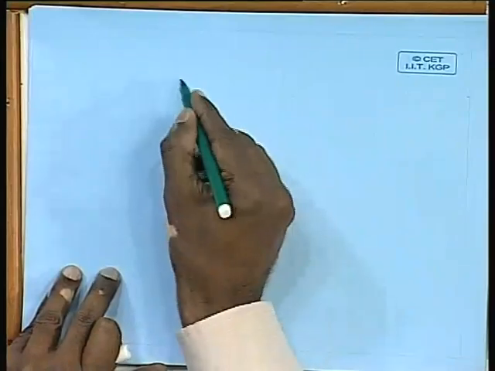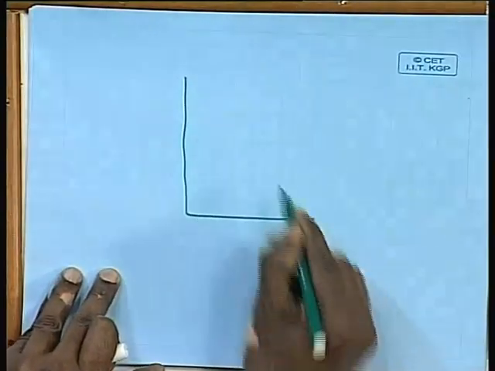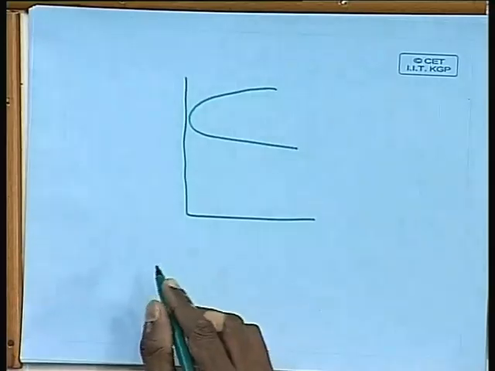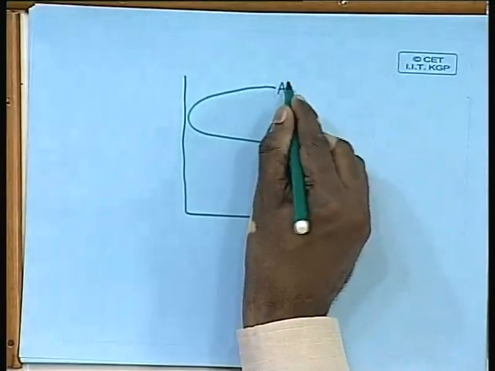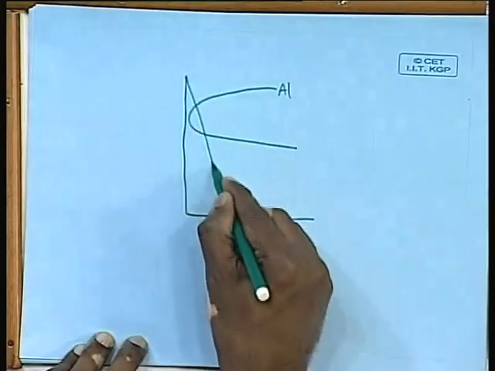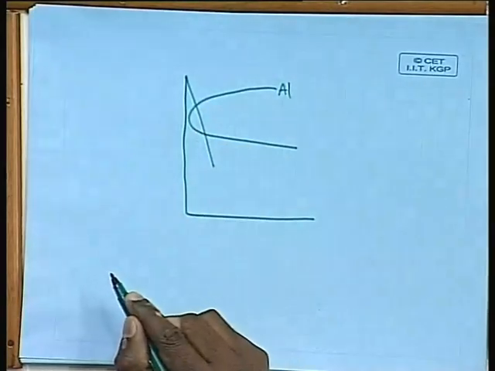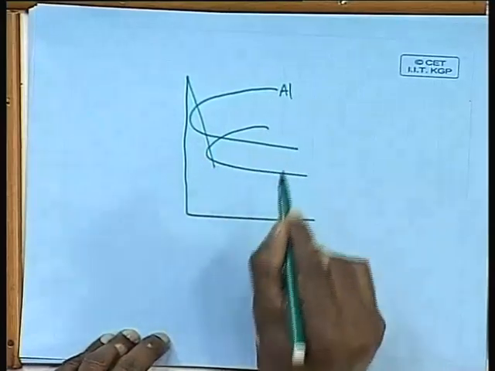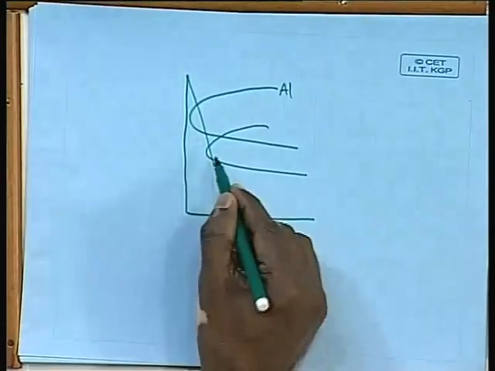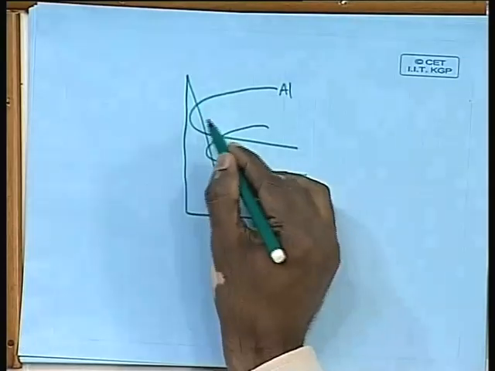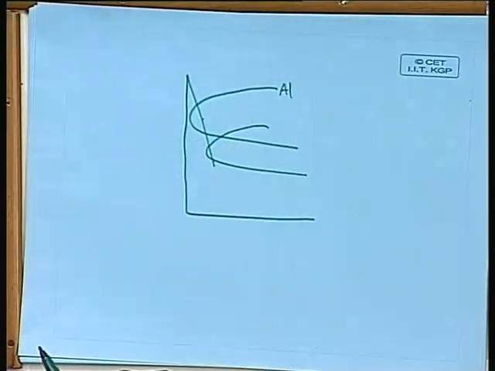So it is very difficult to avoid aluminum here, because as you can see this particular alloy is such that, if I look at this, the TTT curve for the aluminum, whatever cooling rate you adopt, you will always hit this aluminum, isn't it? And if you choose a cooling rate in such a way that you get a quasicrystalline phase, you will end up with aluminum plus quasicrystal.